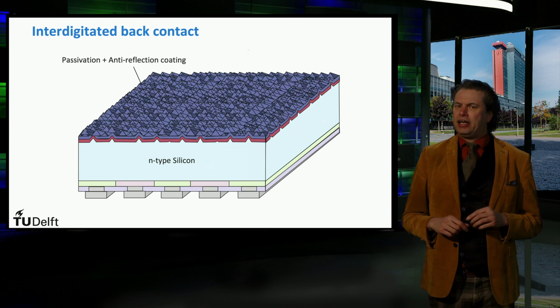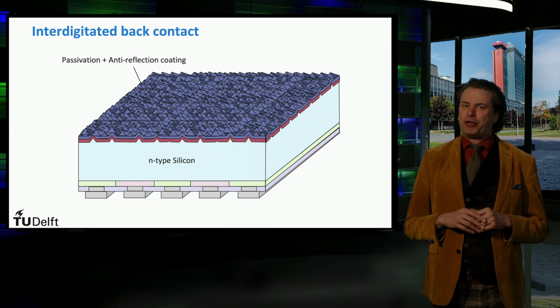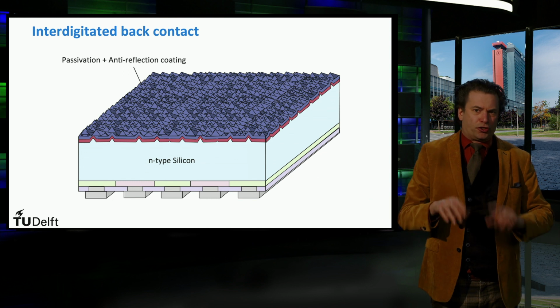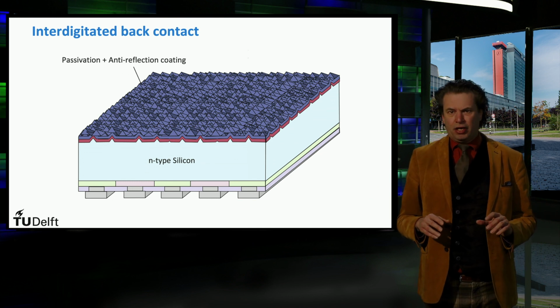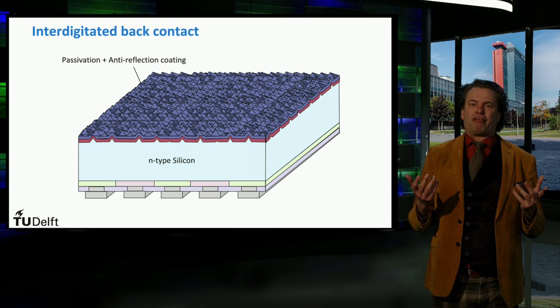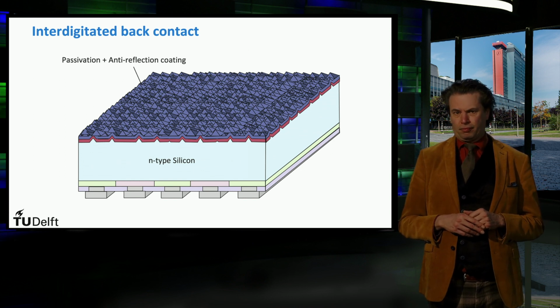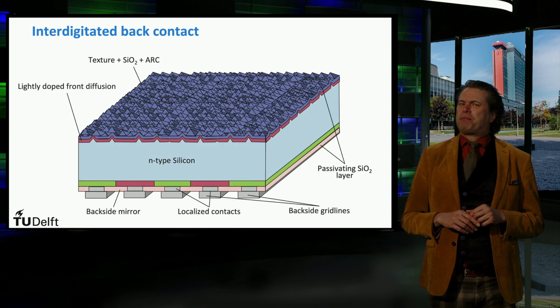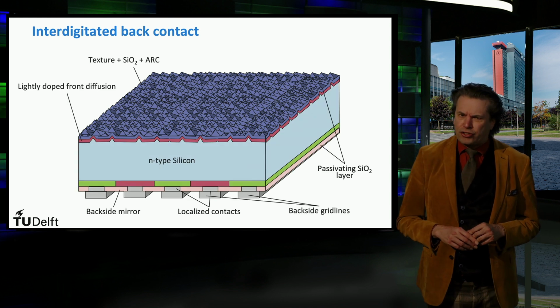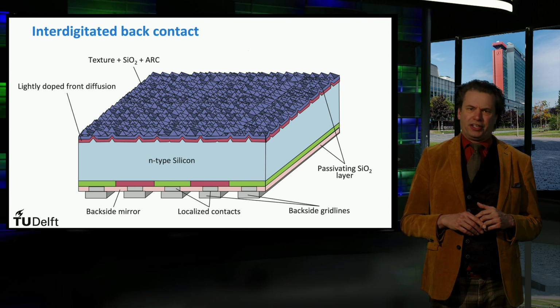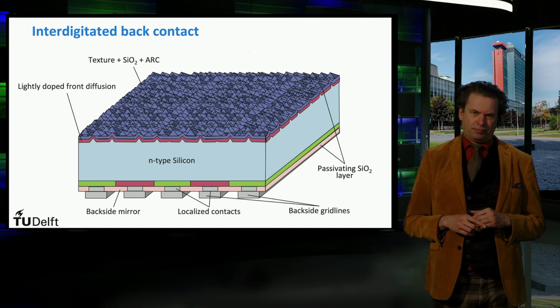At the front side, the reflective losses can be reduced using the same tricks as discussed for the PERL solar cell: deposition of a double layer anti-reflection coating and texturing of the front surfaces. SunPower is the company that has developed and commercialized a cell technology based on the interdigitated back contacts.